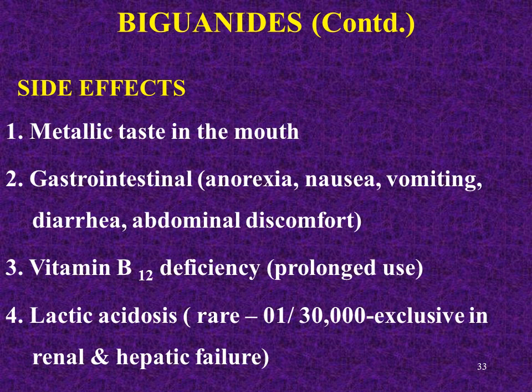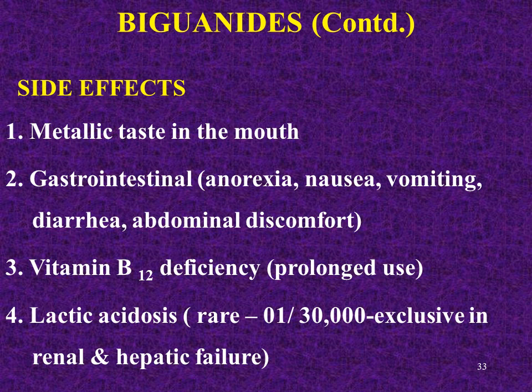Side effects. The most prominent adverse effects of metformin are on the GIT. Number one, you have to keep in mind, don't start your adverse effect from lactic acidosis. That is a rare adverse effect and only seen in those patients where there is renal or hepatic failure, not in all the patients because it's the most commonly prescribed drug in Pakistan. Okay? So metallic taste in the mouth, GIT intolerance which comprises of anorexia, nausea, vomiting, diarrhea, and abdominal discomfort. Okay? It also causes vitamin B12 deficiency, but not usually, but on chronic use, and lactic acidosis.